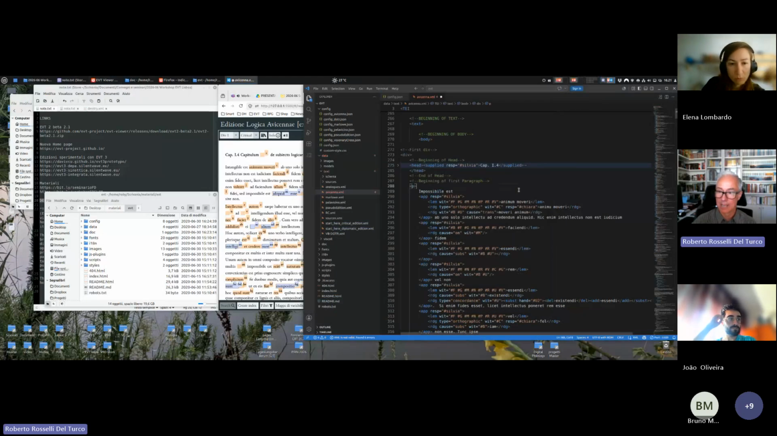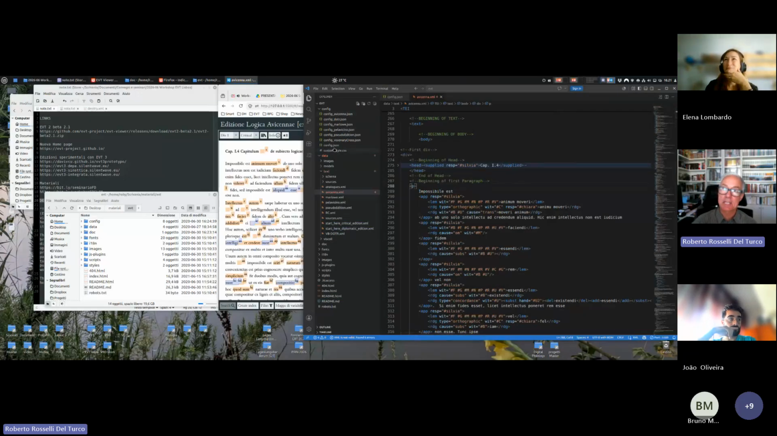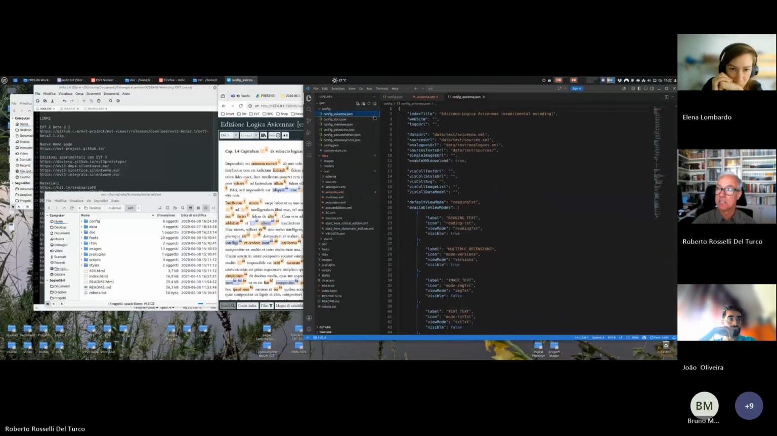Okay, let's leave Avicenna alone. So what can we do here? How do I load? Because as you can see, these are the files. This is the one for Avicenna, which corresponds to the current edition being shown. What if I want to see, for instance, the pseudo edition? Okay, I open the pseudo edition